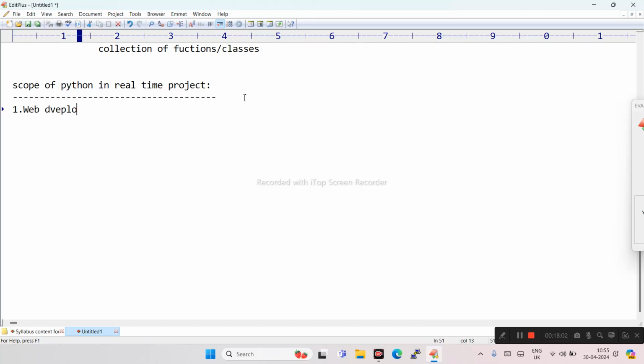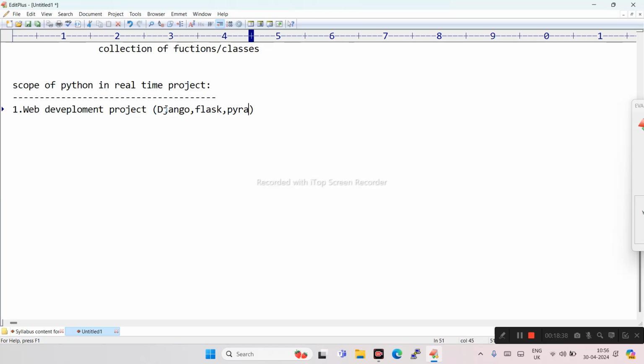development projects. What is web development? We create websites by using different kinds of frameworks like Django, Flask, Pyramid.